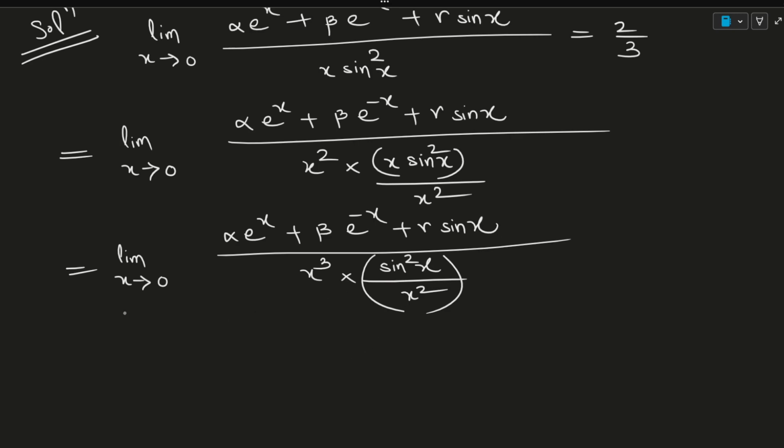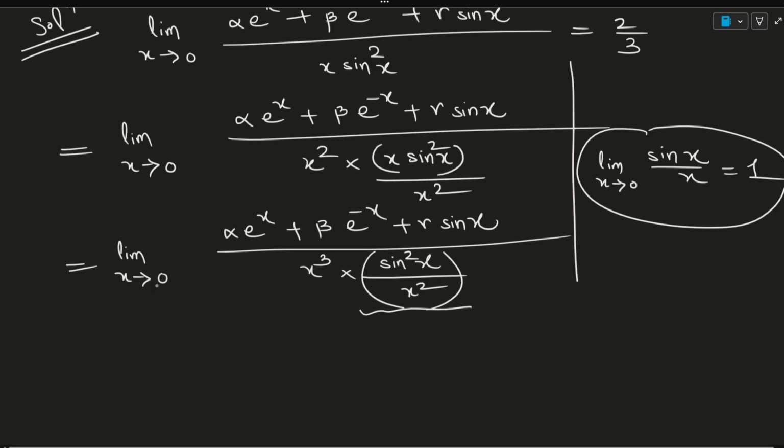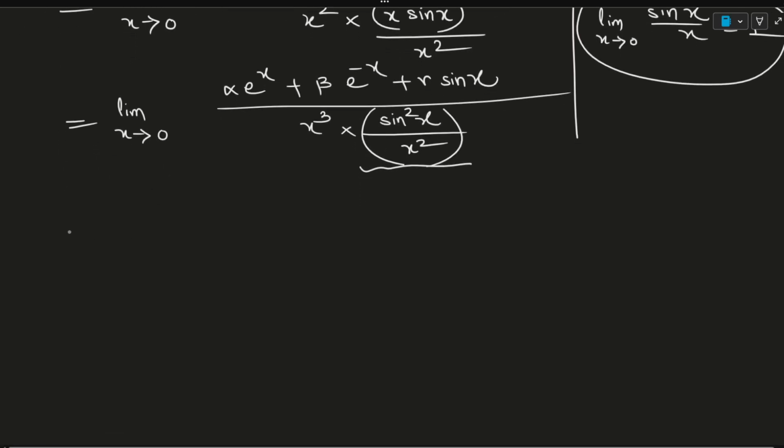the standard trigonometric limit, that is, limit x tends to 0, sine x by x is equal to 1. So I am applying this formula here. By applying it, we can say that the limit of this function will be 1. So the resultant function will be,